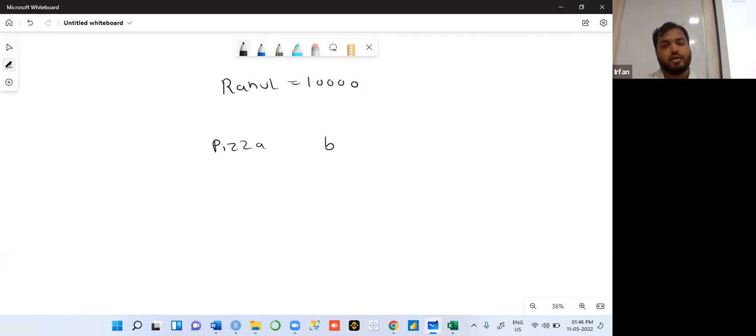Pizza and burger. And he has 1,000 rupees, 10,000 rupees. Can he purchase? Possible? Yes. Let's reduce the amount. Let's make it a bit more congested. Now,